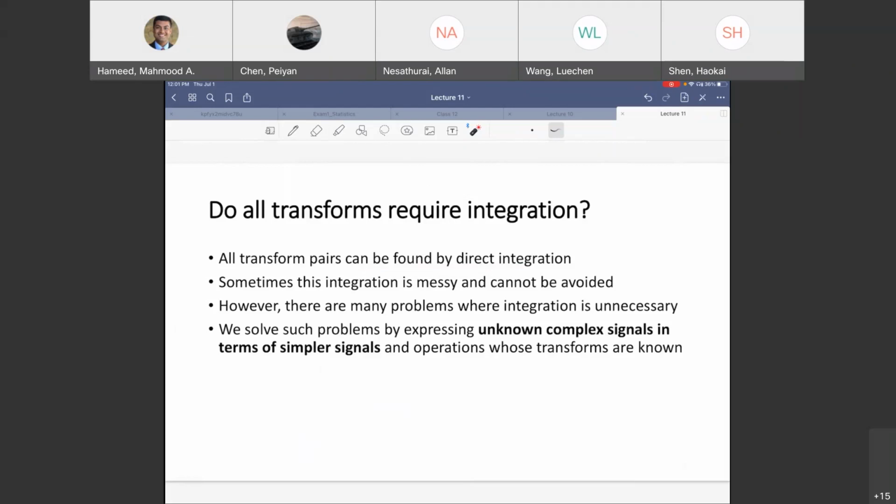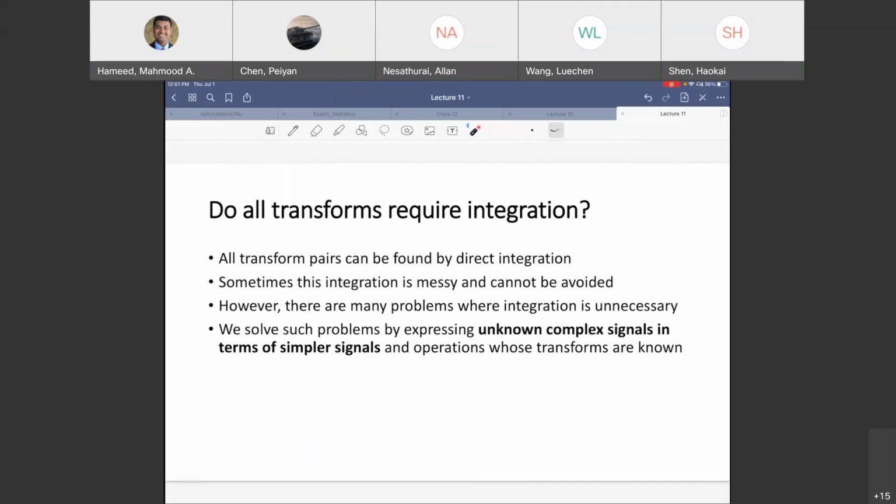You will have all those properties again for the Fourier transform, and it's going to look a little bit more repetitive. So we'll not deal with all the properties the entire way now that we have proved many of them, but we will still prove some of them. The idea is to use them properly to get your answers quickly. Avoid the messy math. Sometimes this integration is messy and cannot be avoided, but all the times that you can avoid the messy math, do it.